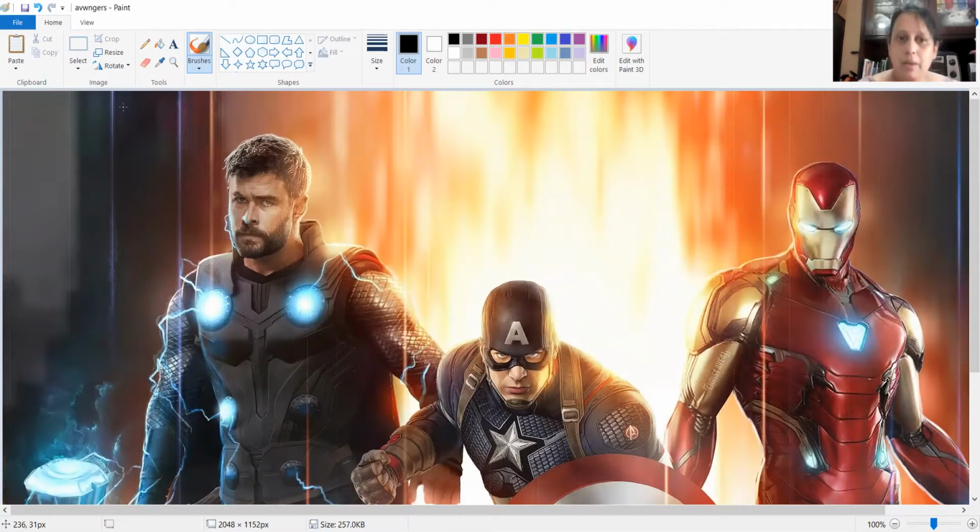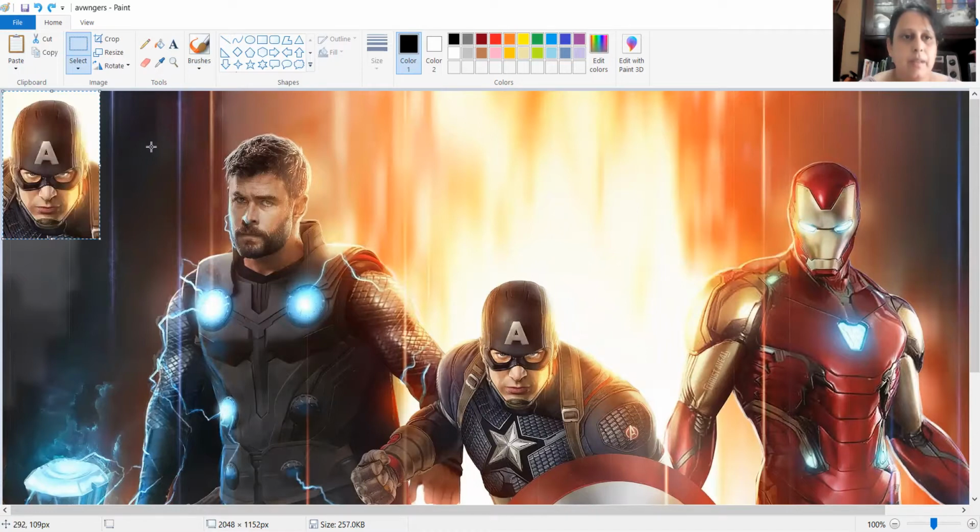Now, if I need to copy an image, okay, now I just want to copy the face of Captain America. Okay, I go to select, I select his face, and I click on copy, and then I do paste.